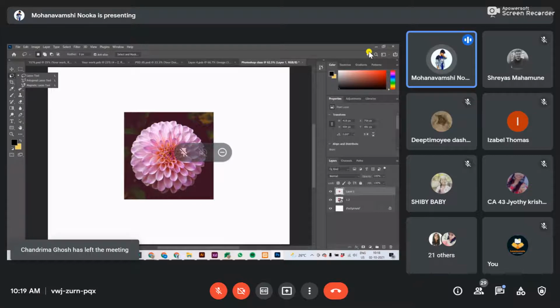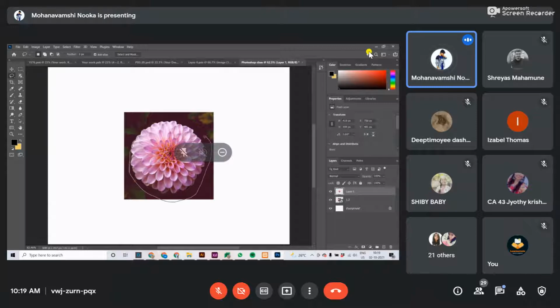And this is the lasso tool. It is also like a marquee tool, but it will take the exact shape. You can make your own shape freehand. And this is the polygonal lasso tool.